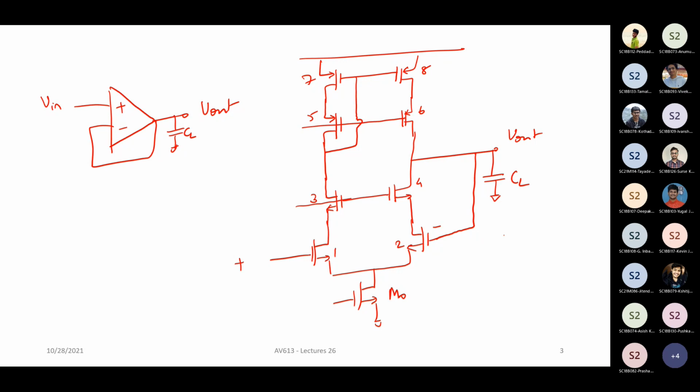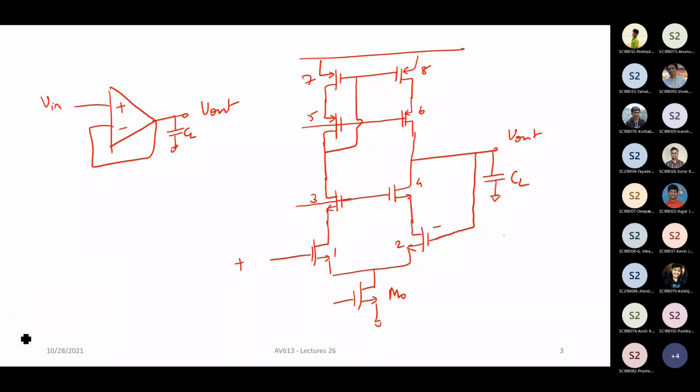In general, when you look at a generic op amp that you, let's say, use in your lab, you do a unity gain op amp and it kind of works almost rail to rail, right? Almost. But here in this topology of a telescopic cascode OTA, what is the range over which this unity gain op amp can work? If the V out is in the V in range, then only it will. Exactly, right?